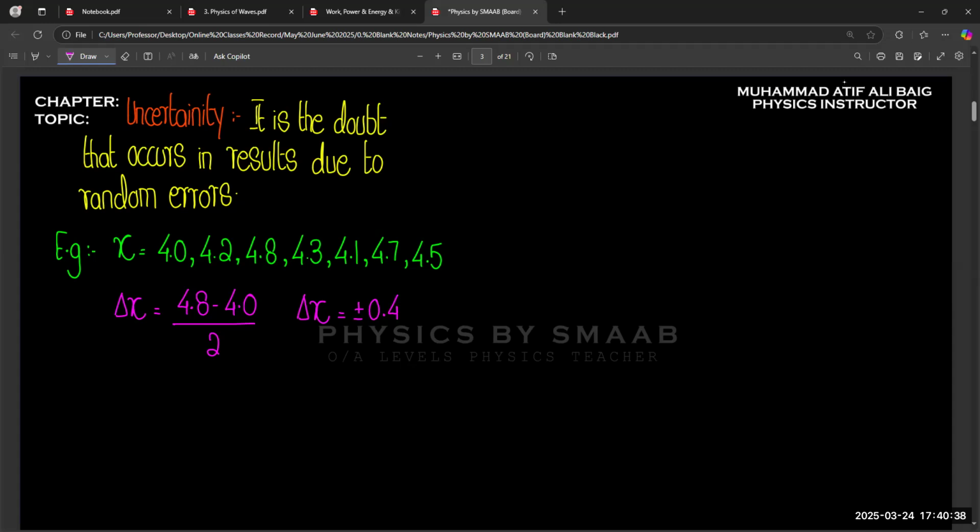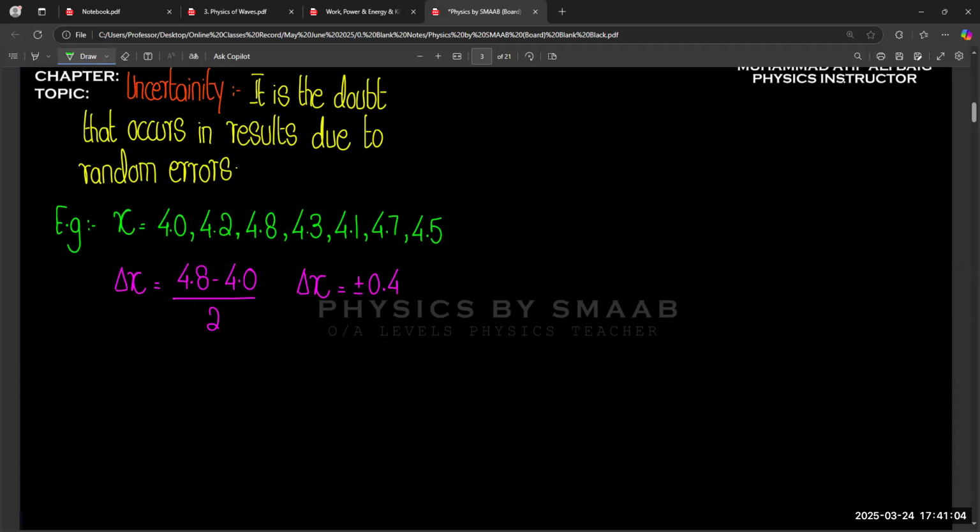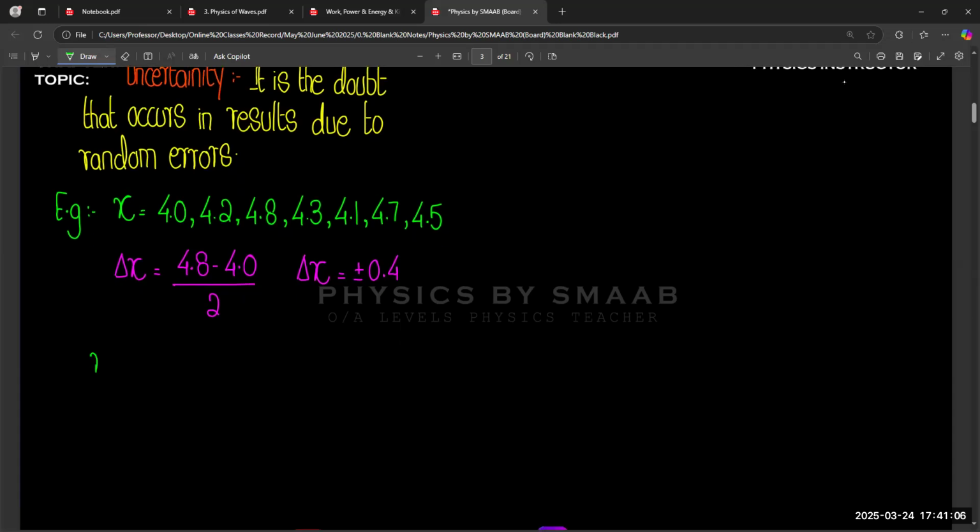For example, if we consider the middle value, because when we find the average, the average value will be 4.4. So if we add 0.4 to 4.4, we get the result 4.8, which is the maximum value. And if we subtract 0.4 from 4.4, we get the minimum value, that is 4.0, right? So let's suppose the final result will be equal to 4.4 plus minus